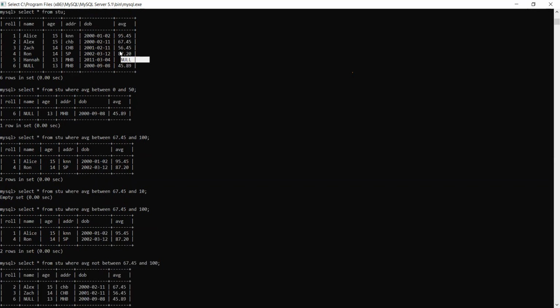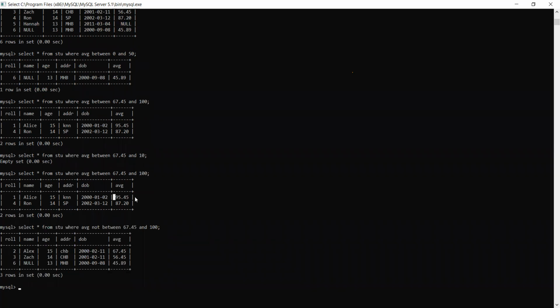In total you have 6 records. Out of those 6, 2 records are shown for between, and for not between the remaining 3 records are shown. But the null value is not shown. So for null, if you want to check, you have to give the command separately and explicitly.